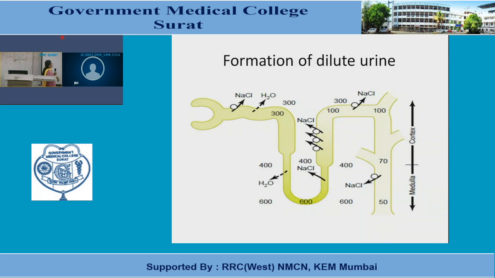This is important when the water load is increased. It is very important, there will be no ADH secretion, and as in the case of increased water in the body, in hypertensive conditions, the renin-angiotensin mechanism will come into play, and all this will lead to water diuresis. In so many conditions where water diuresis is required. So this is a mechanism of formation of a dilute urine.